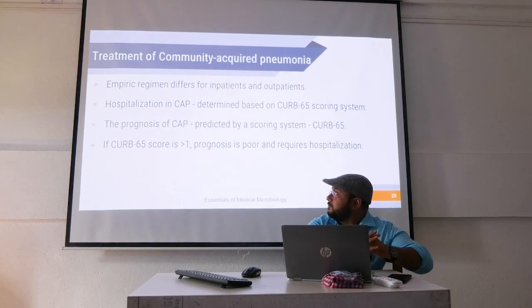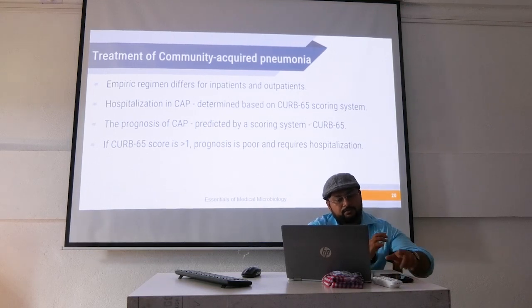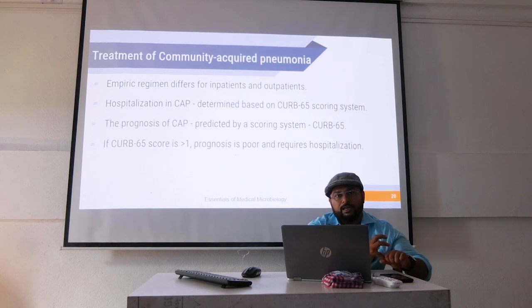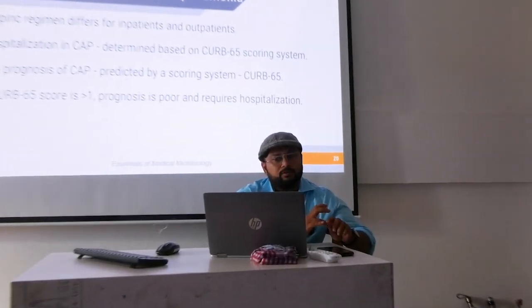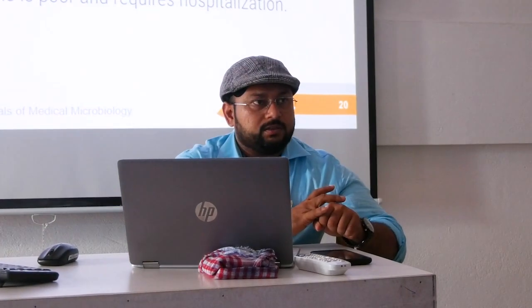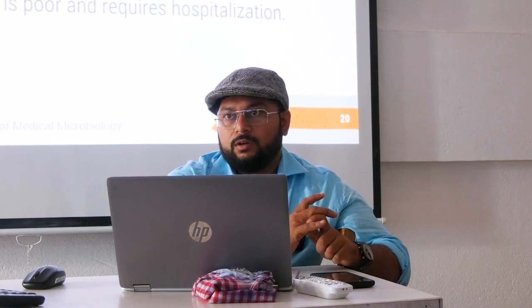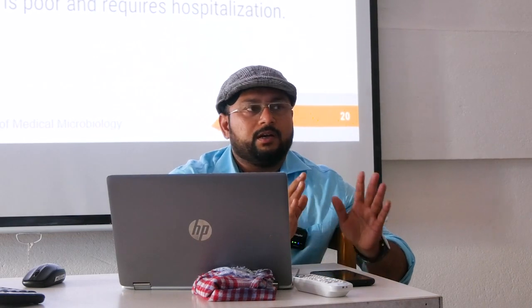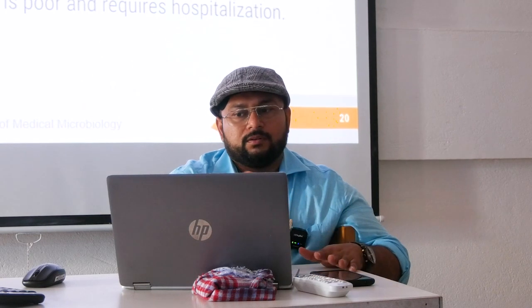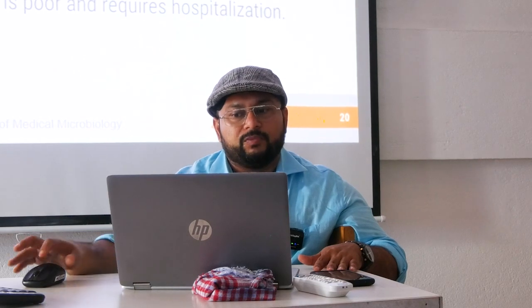Empiric regimens, the difference of inpatient and outpatient. মোটামুটি একটা পেশেন্ট যদি ফার্স্ট আমার কাছে ওপিডিতে দেখাতে আসে, তাহলে তাকে অ্যাডমিট করব কি করব না, সেটা ডিপেন্ড করছে একটা স্কোরিং সিস্টেমের উপরে, CAP 65। Any kind of pneumonia patient comes to you, either this patient needs IV antibiotics or hemodynamic monitoring, needs a hospital admission, কী করে বুঝবি? By CAP 65 score. যদি CAP 65 স্কোর একের ওপরে থাকে, then you will admit।